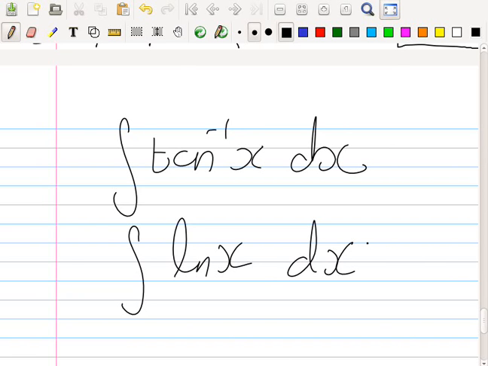To use integration by parts, how many functions do you need? 2. How many are here? 1. Oh. Well, yeah, in each case there's 1. And now, if I put a multiply 1,